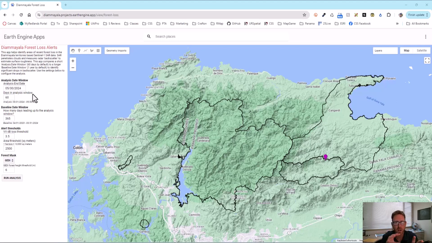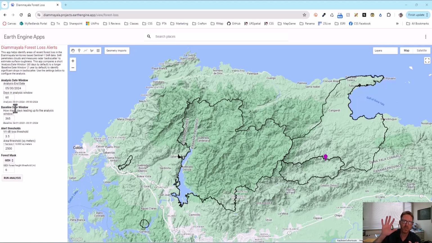So that drop in backscatter values roughly equates to an area that the sensor recognized as being a rough surface, like a tree canopy, and changing down to a smoother surface, like a pasture or just a recently lost area. So we're going to look at what I'm calling a baseline window to find kind of the previous state